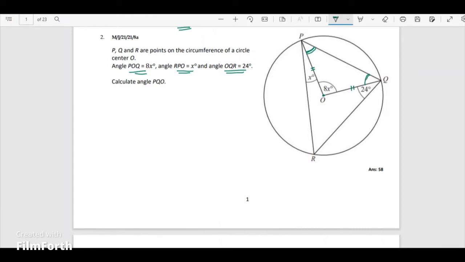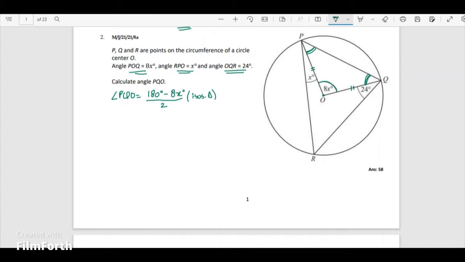So if I try to figure out what these base angles would be, obviously I won't be able to figure out the exact value of it, since the center angle is given in terms of x. But that's fine, I can at least find the value in terms of x. So for angle PQO, it would be (180 degrees minus 8x degrees) over 2. The reason I get this expression is that this is an isosceles